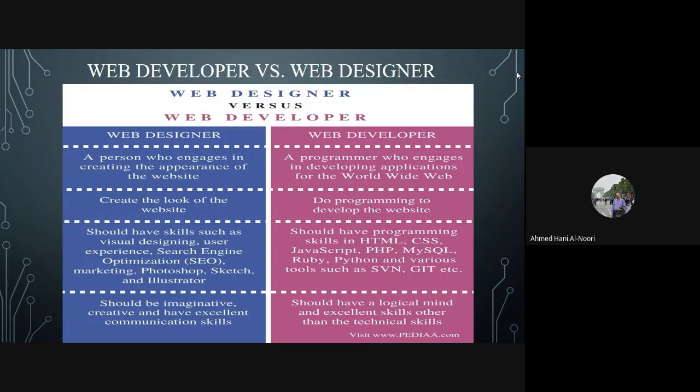A web designer is a person who engages in creating the appearance of the website. So he is focused mainly on the designing of the website. Maybe he is not a programmer or he cannot program. On the other hand, a web developer is a programmer who engages in developing applications for the World Wide Web. Another difference: the web designer creates the look of the website, while the web developer does the programming